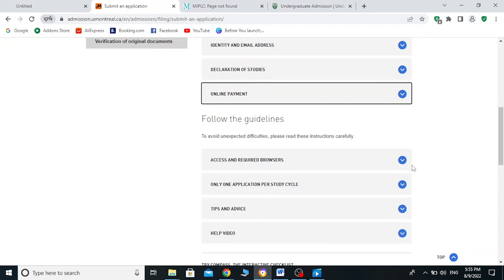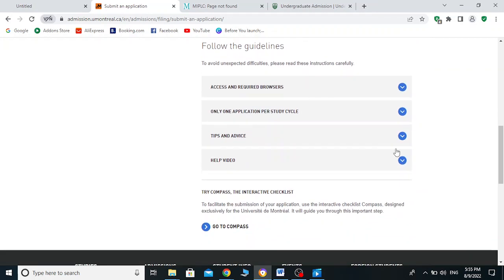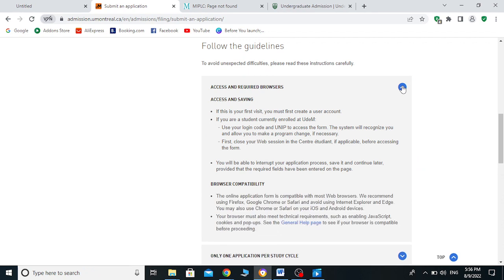Now you also need to follow these guidelines to avoid unexpected difficulties. You need to make sure you have a seamless process. Read these instructions carefully. One is this: your access and required browsers. So now while you are trying to access, thank God for technology, thank God for the internet, but for you